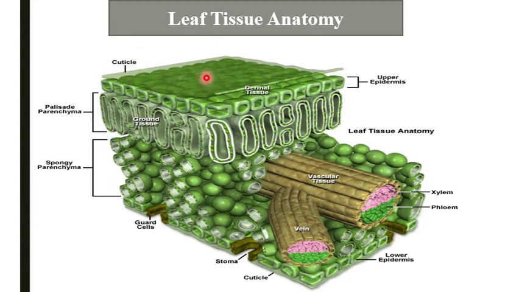An adaptation unique to terrestrial plants, the cuticle functions chiefly in the retention of water. The cells that comprise the epidermis of leaf are arranged very tightly together in a single stratum. Microscopic pores, named as stomata, usually present in the lower epidermis. You can see the lower epidermis, cuticle is also present, but an additional structure, stoma, is present.